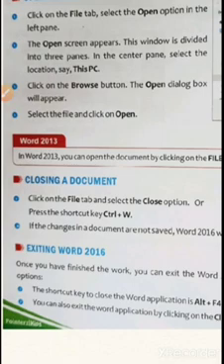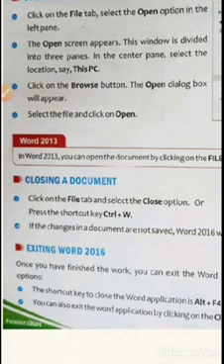But if you want to completely close everything, all the Word files, the program application, then there is another option. So let's learn one by one.